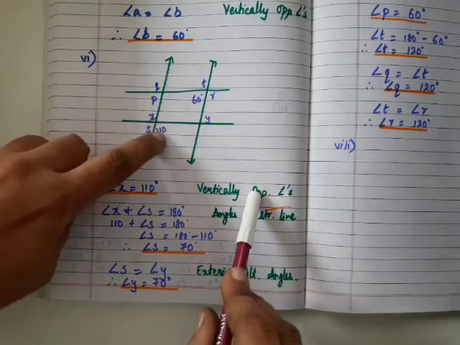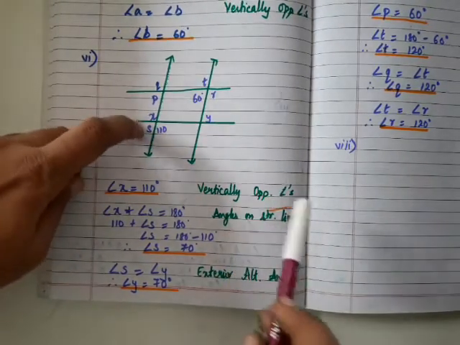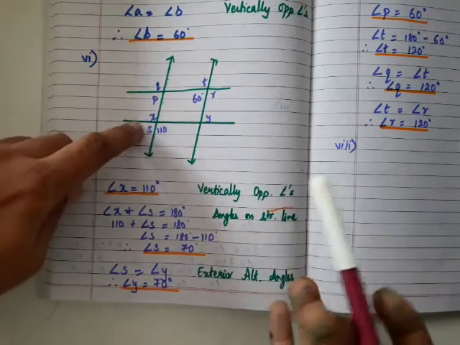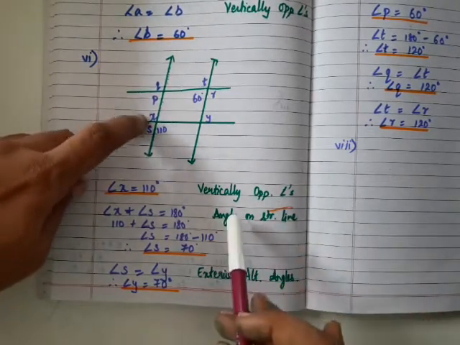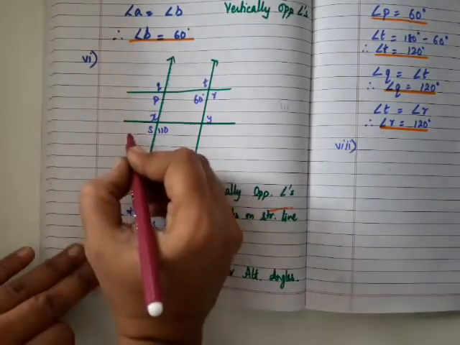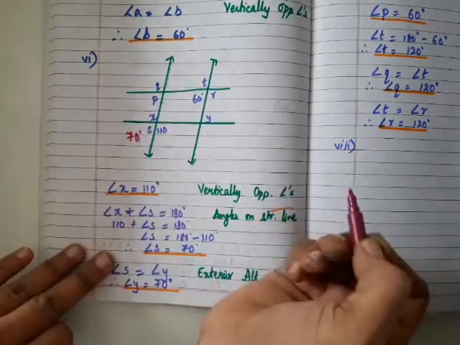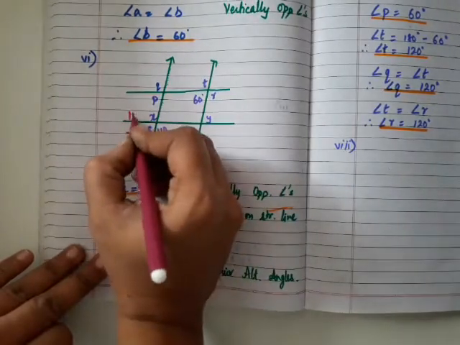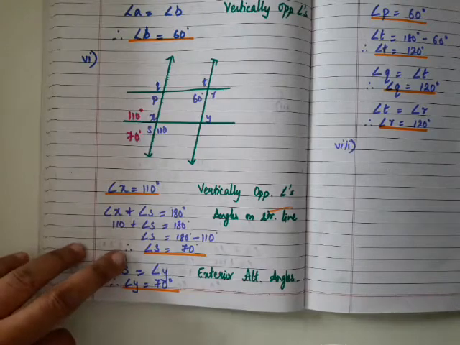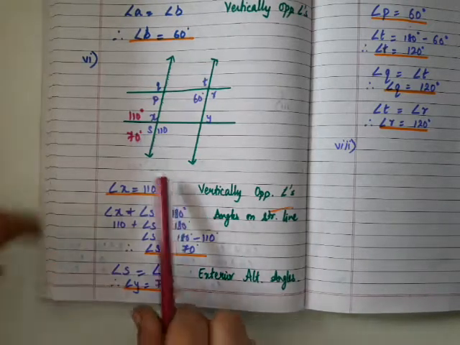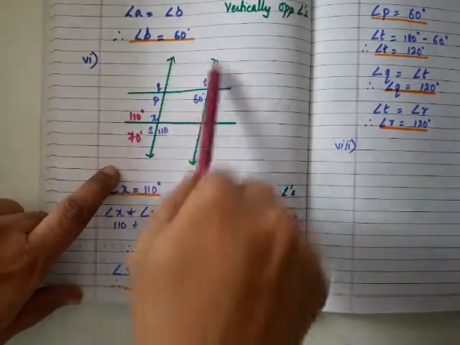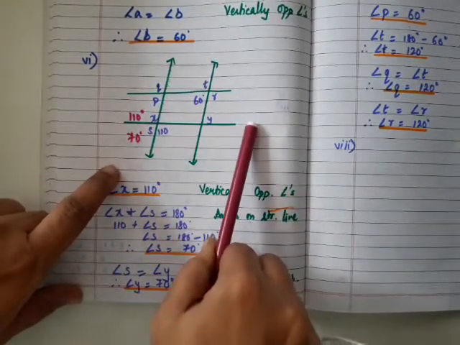Now you have found out the value of X. Now you can find out the value of S by either the linear pair this way or this way. Any way you can find out. So X plus S is 180 degrees. So the value of S becomes 70 degrees. So I have found out S as 70 degrees and X as 110 degrees. As you find out the values, update your figure. Now you know this. Now these two lines are not parallel. Okay, these lines are parallel and this is acting as a transversal.